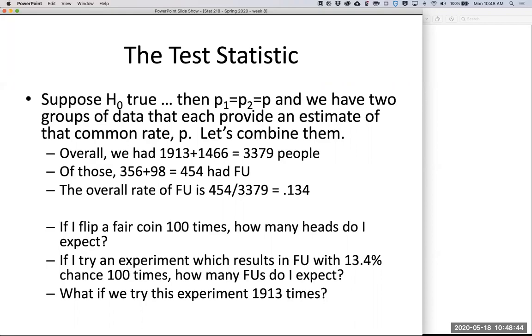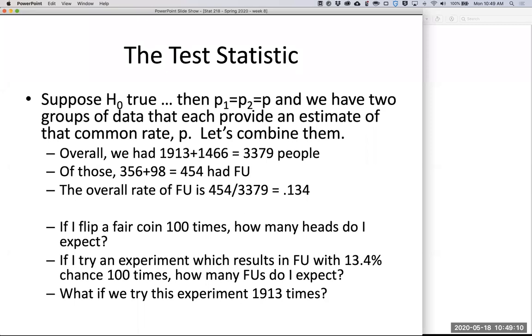What if I tried that experiment 1,913 times? 0.134 times 1,913, again, would give me an expected number of heads. So let's go back to the top. If the null hypothesis were true, then